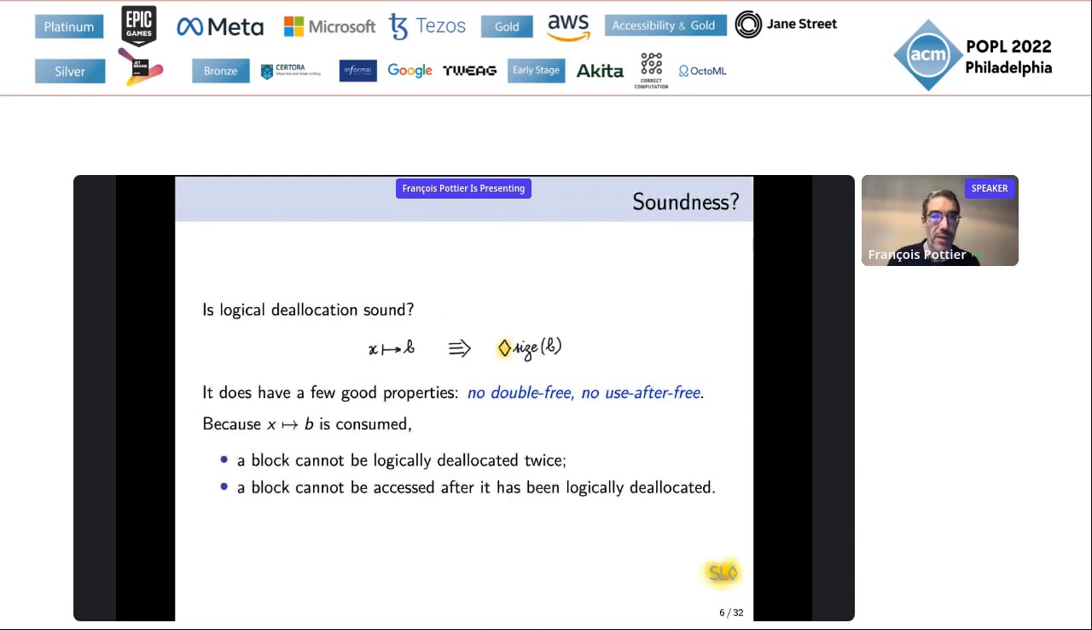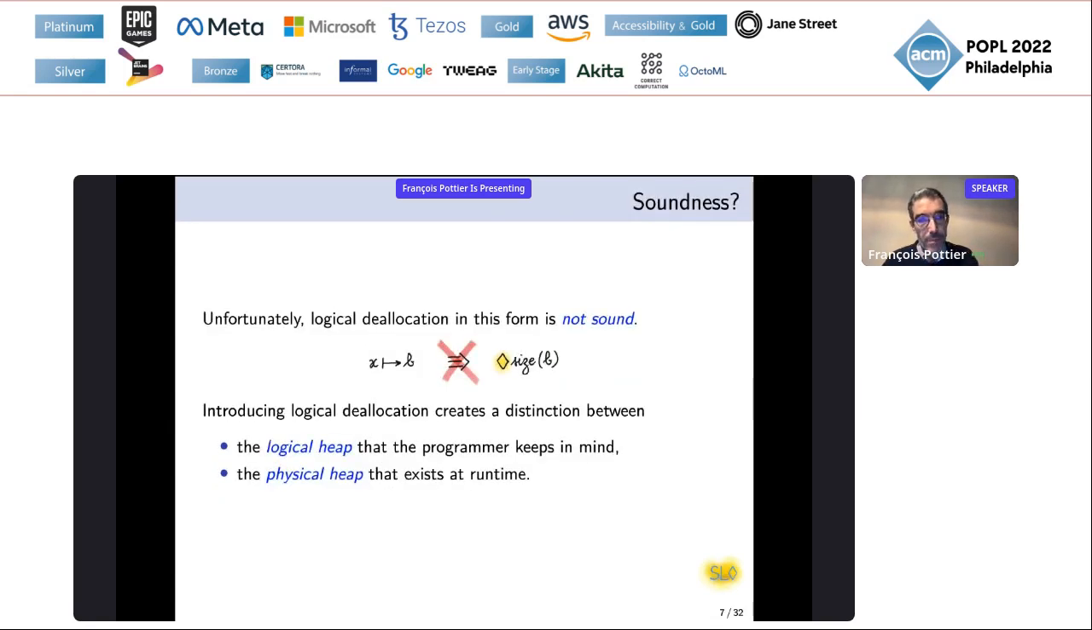The question, of course, is: is this sound? This update axiom, does it make sense? And does it give us a correct framework for reasoning about space usage? Well, like the specification of free, it has a few good properties. Because this assertion X points to B is consumed when you apply the update, you cannot apply the update twice to the same block, so you can't free a block twice. And also, because you lose X points to B, you can no longer access the block B for reading or writing after you have logically deallocated it. So you can't use after free. So that's very nice. But still,